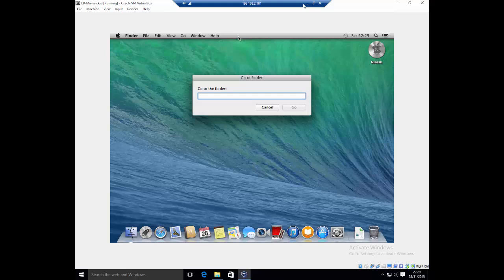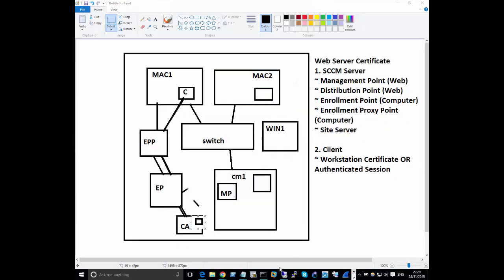Actually, most communication in Config Manager 2012 happens over HTTP or HTTPS. Communication with the management point, so you're getting client policy from the management point. You're reporting back to the management point in terms of transferring information. So if you do a software inventory, you transfer the result of that software inventory to the management point. Those all go over HTTP or HTTPS. So if you look at the things that Microsoft mentions when it talks about configuration manager client